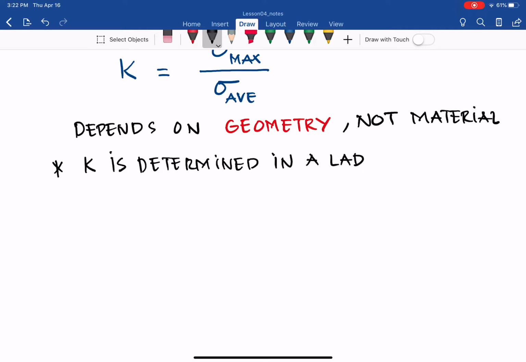We set up the different common geometry changes, and we want to measure the tension stress in those locations with discontinuity or geometry change. So for common geometrical changes,